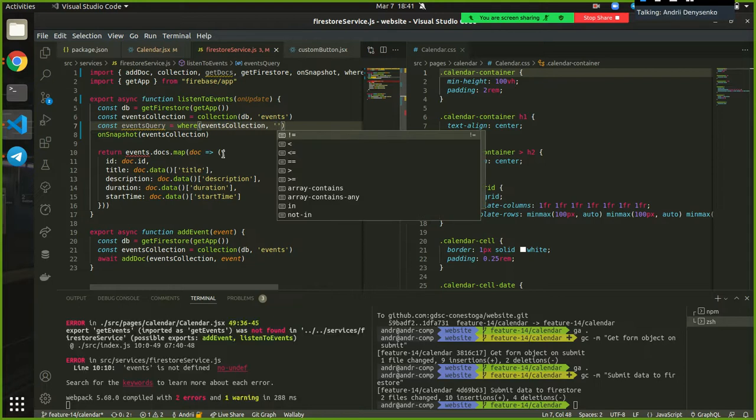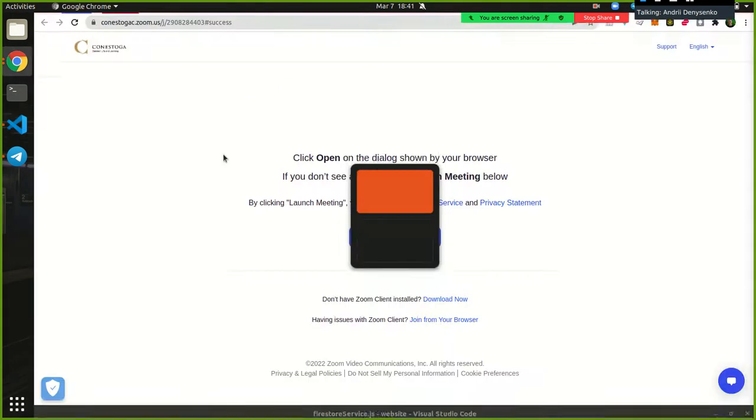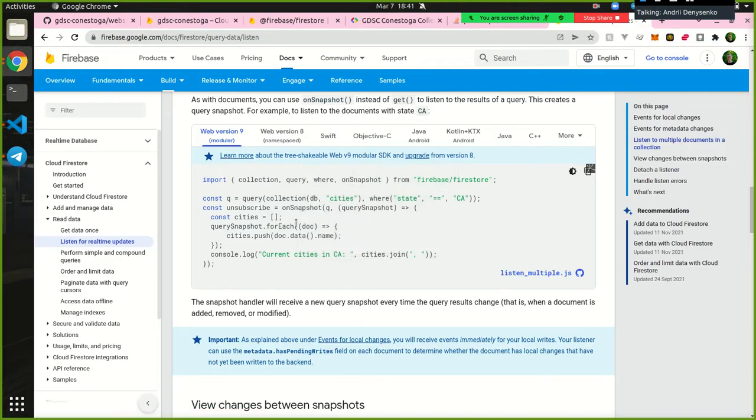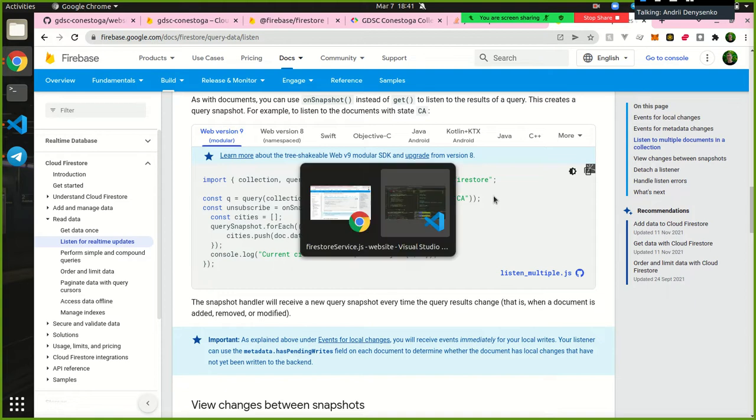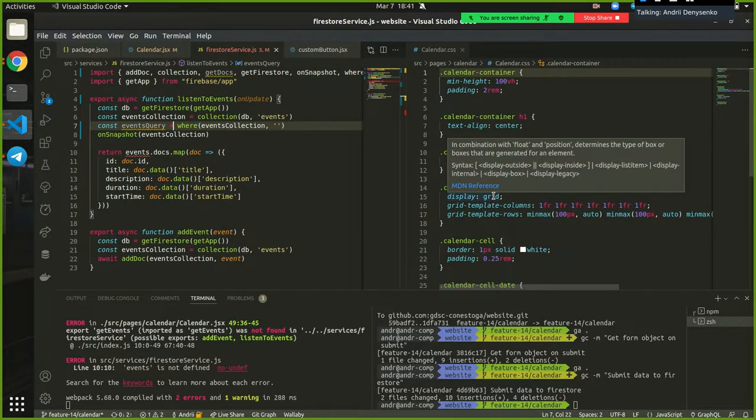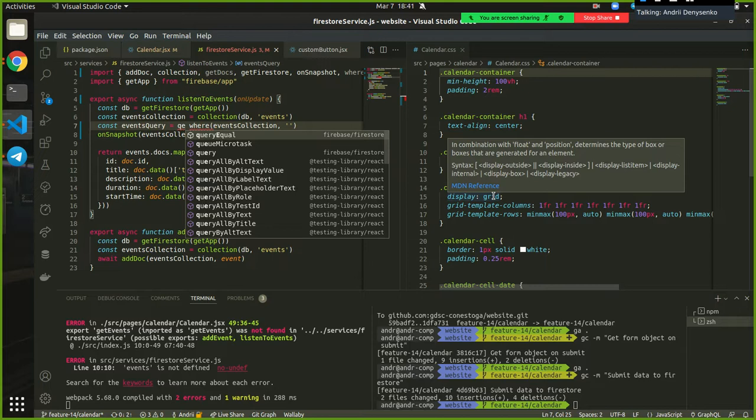And then I want any document to, let's say, wait, how do they do it? Oh, so there is a query function, and then you do collection where state equals CA. Okay, so I'll need to do query